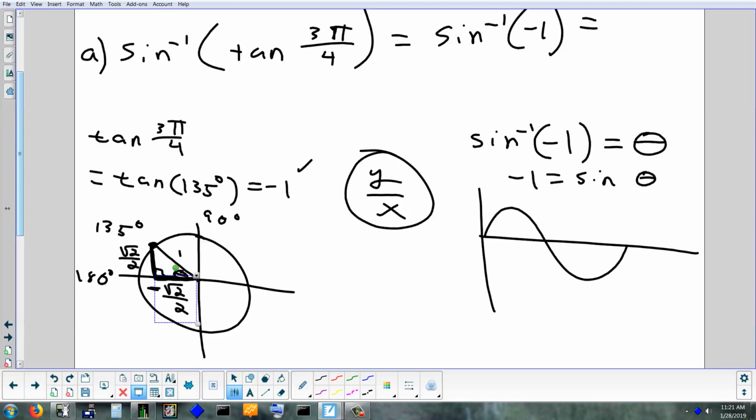If you wanted to draw this as a right triangle, you could, this is what you would do. You take the sine of each side and get negative 1 equals sine theta. But I'm not drawing it as a right triangle. I'm looking for an angle so that when I take the sine of it, I get negative 1. Well, look at the graph. This is 1. That's negative 1. I'm looking for the angle right there. So when I hit negative 1,